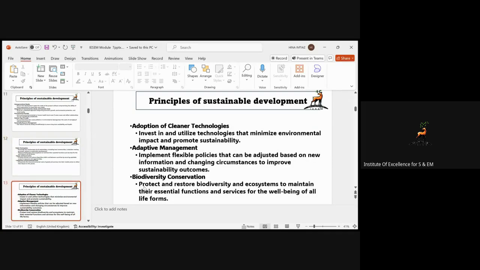Okay, so next, there is the adoption of cleaner technologies. We have to invest in and utilize such technologies that affect our environment at a minimal level and which promote sustainability. And we have to adopt practices which are flexible, and implement flexible policies that can be adjusted and based on new information and changing circumstances to improve